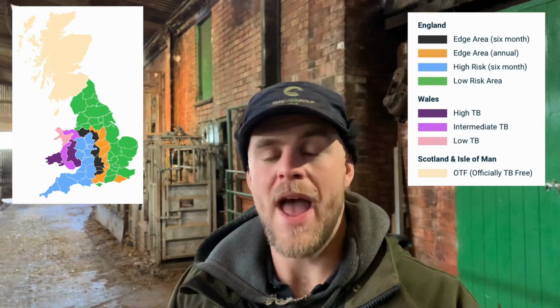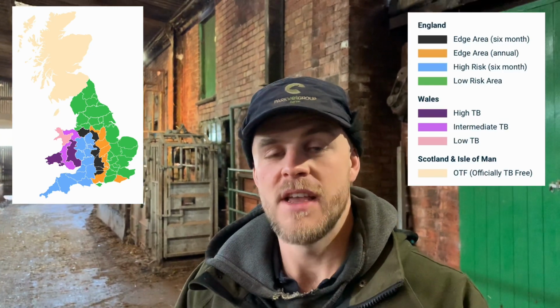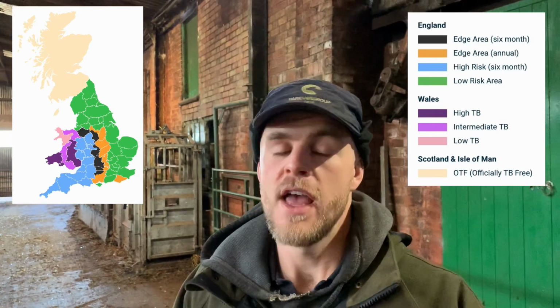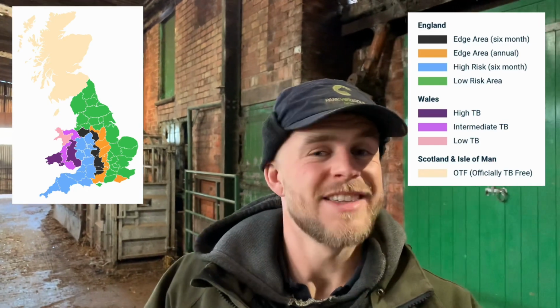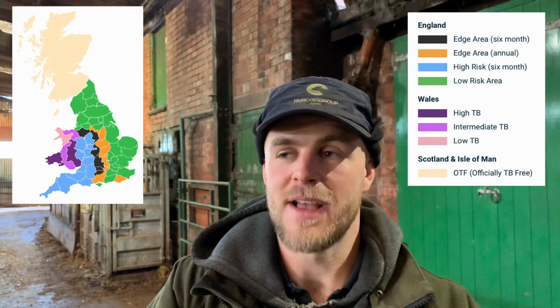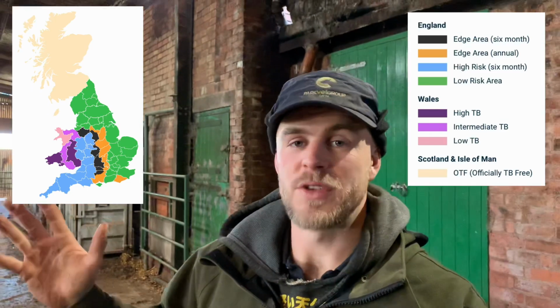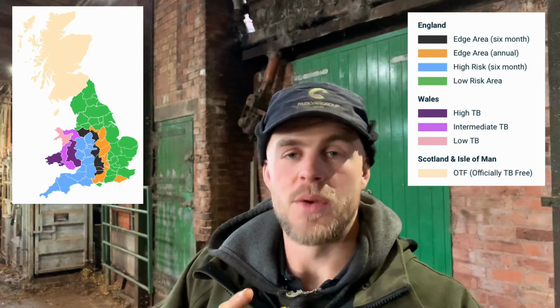The blue area is where TB is a really high risk, and they're the same as the black areas as far as their testing rules are concerned. But the green areas, that's what's considered low risk. So if you go the other side of our county and go to Lincolnshire, for example, that's a low risk area, partly because it's more arable than what we have. As you go sort of more southwest, you get more livestock. But in those low risk areas, you have to test once every 4 years, and you do not have to